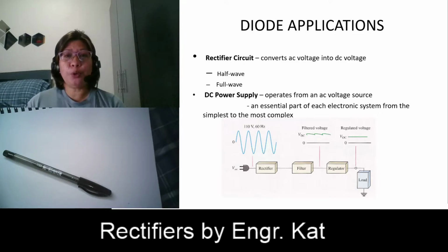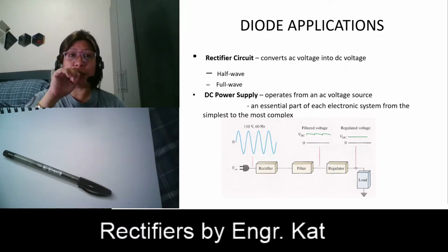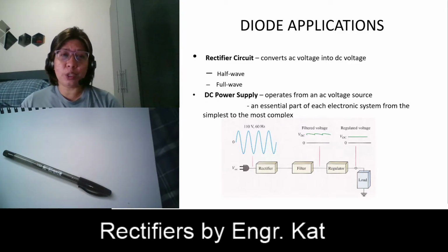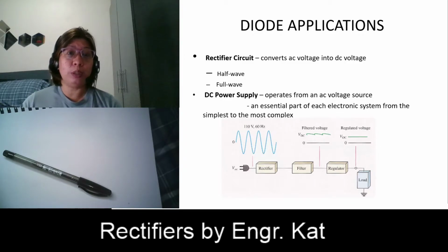Then you're going to pass through a filter. Sometimes this is just a normal RC filter or just a capacitor filter. And then we will be passing through a regulator circuit. We will be discussing the regulator circuit, the simple type of regulator circuit, which is made up of a Zener diode,